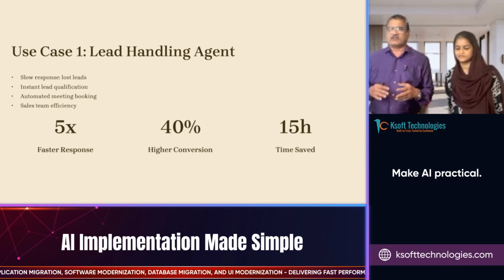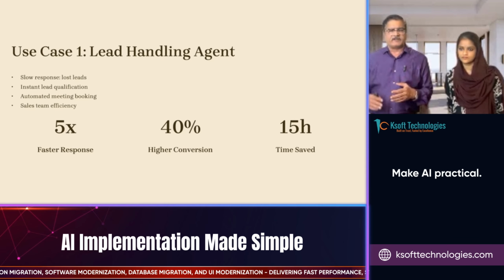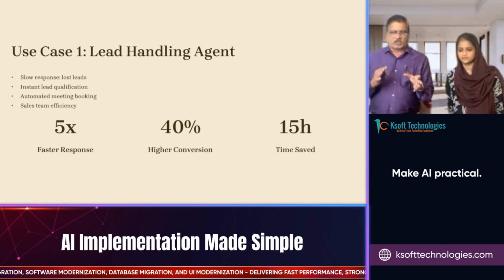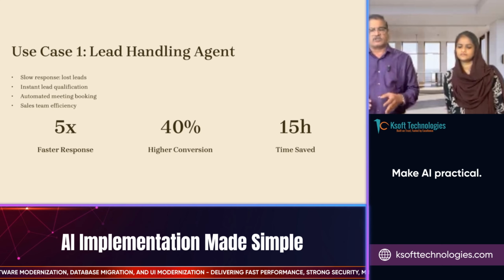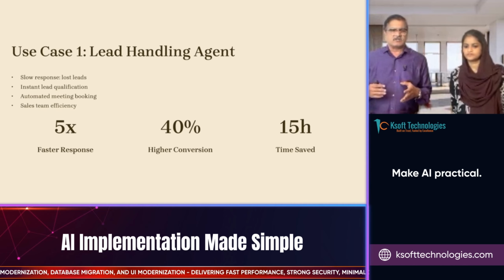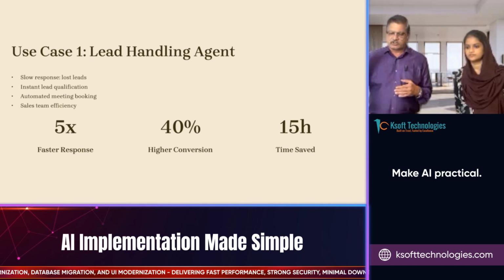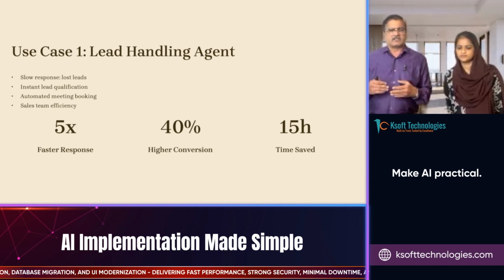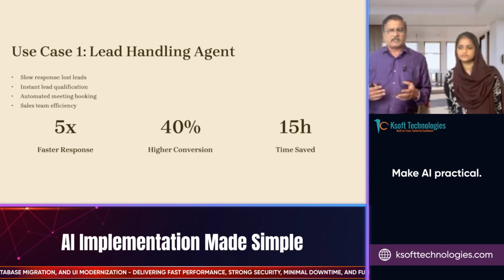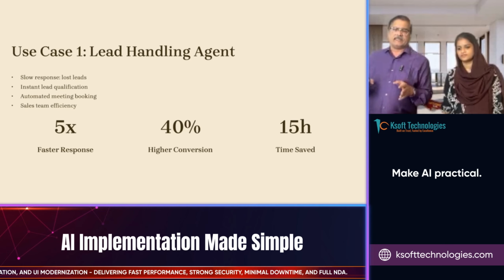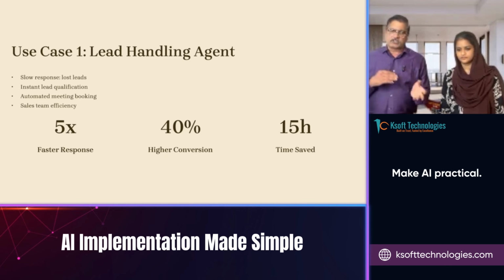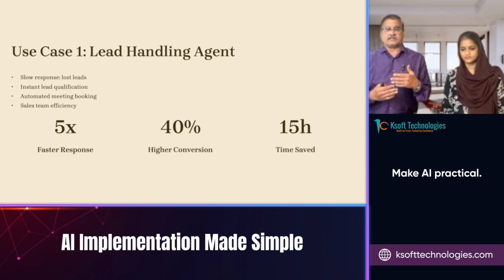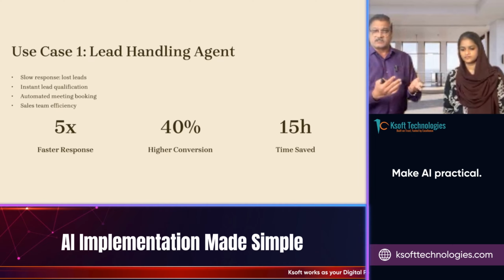So we'll go with the use case. One, a simple use case that we created and implemented in our system. You will find the URL to our website in the YouTube description, and you can go to the website and check this out: the lead handling system. Normally, someone comes to your website and goes through the data and pages that you have loaded there, with some YouTube videos showing a few things. But there is always a need for more information, detailed information, specific answers. At this stage, if you have an AI agent standing there with your company's knowledge, your services knowledge in detail, any question asked can be answered by this AI agent the way a senior sales person works with you.